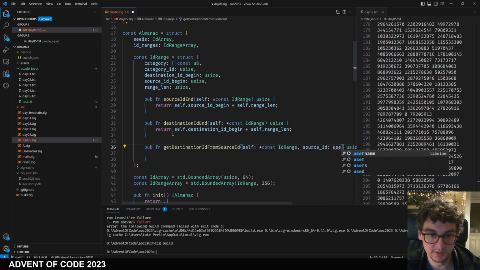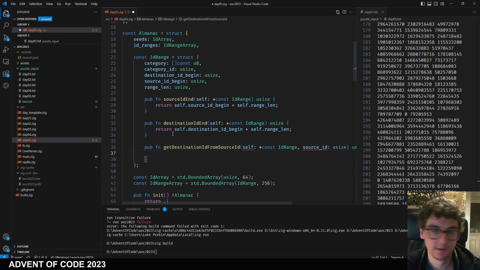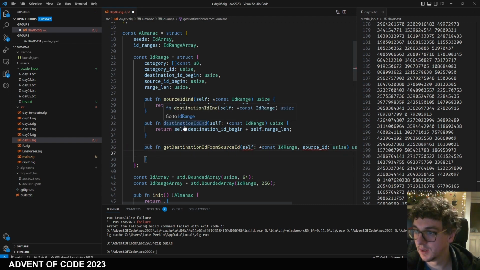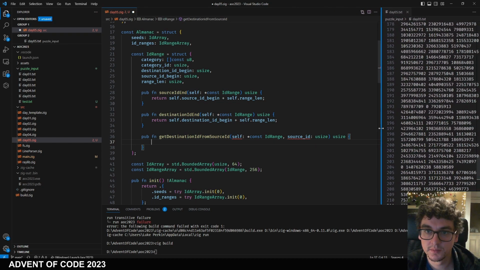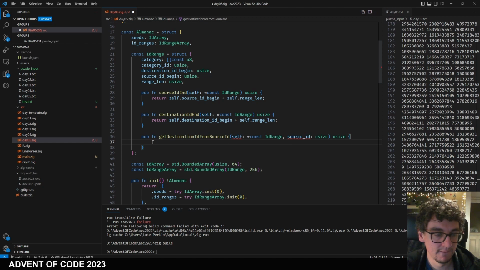Source ID will be usize. I'm just going to reduce the font size down a little bit. So to get destination ID from source ID, we might not even need these two functions. These might have been premature